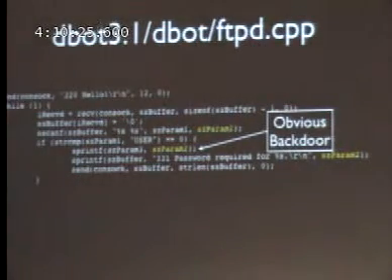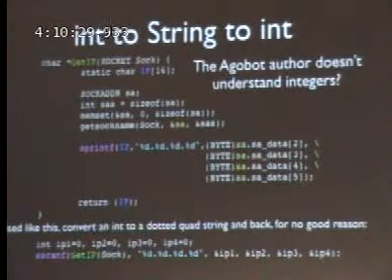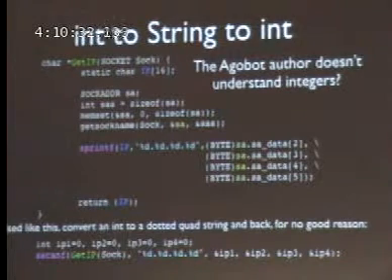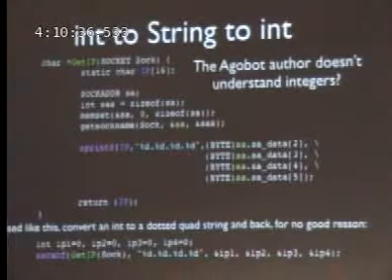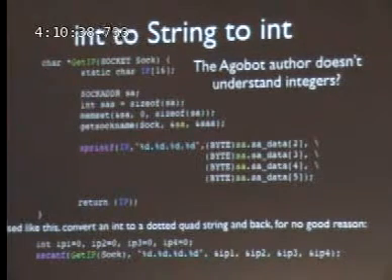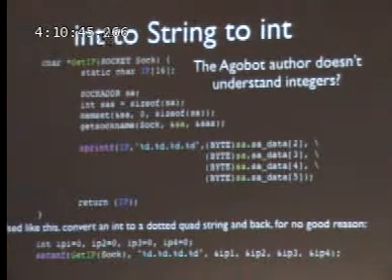Anyway, I'm pretty sure it's a backdoor. Anyway, so here's an example of code that's written by someone who doesn't get it or doesn't know what they're doing. So it's called like this. Basically, they have 4 bytes.